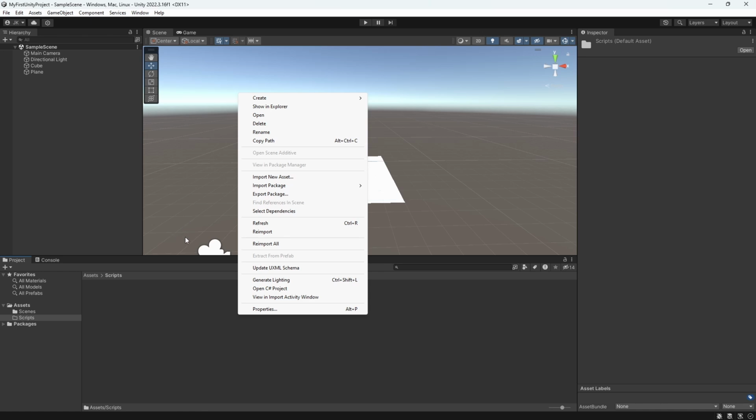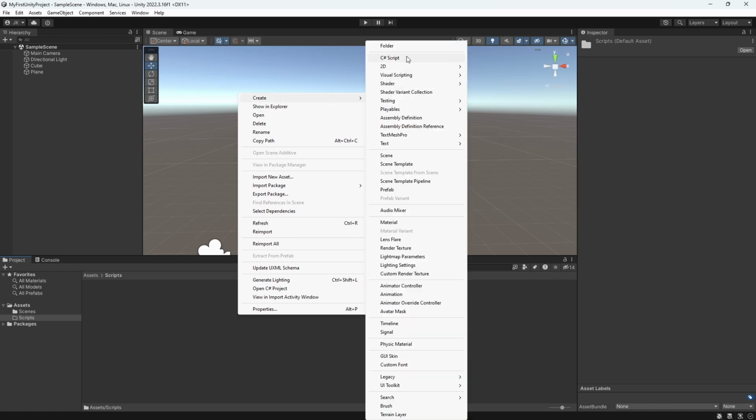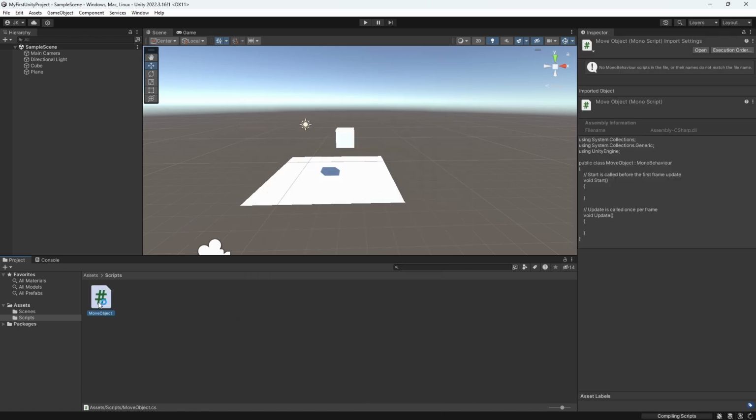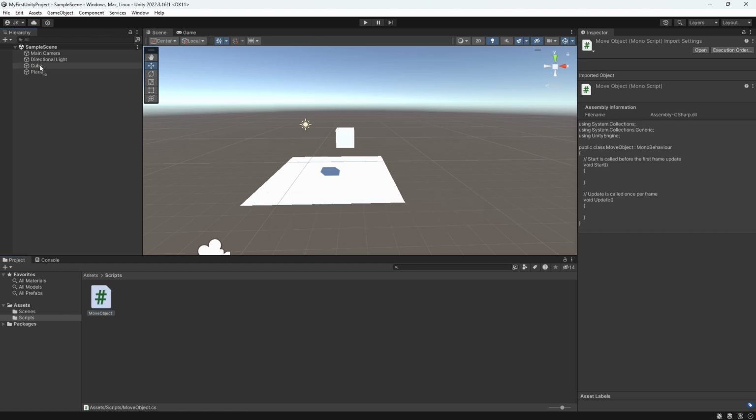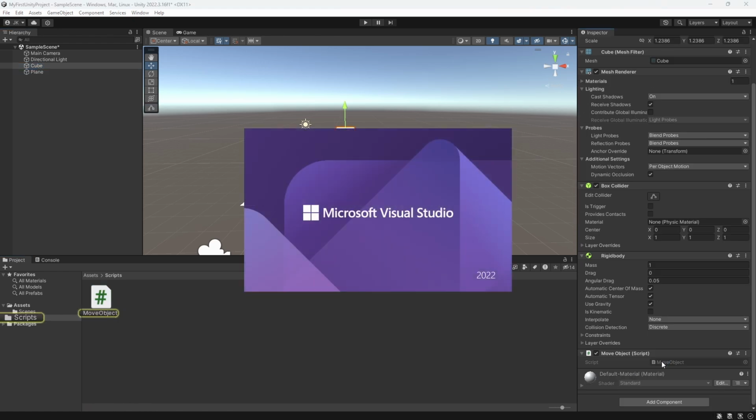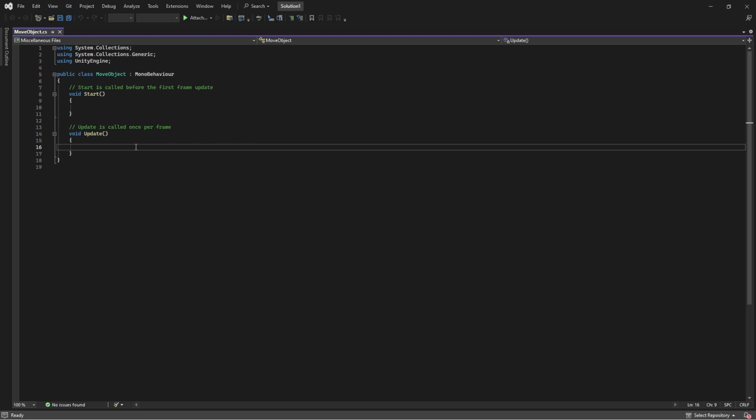So I'm gonna create a new script called move object. I'm gonna attach this script to the cube. Now I'm gonna open it. So we're gonna go in the update method because it's called every frame. And the method we're gonna use is called transform, so the transform of the game object that this script is attached to, dot translate